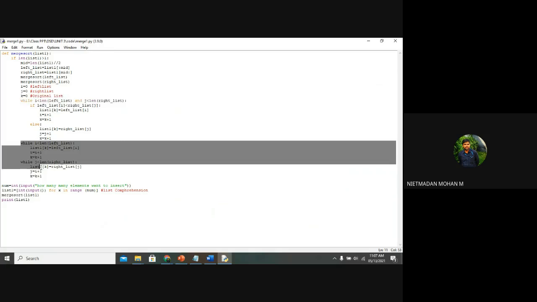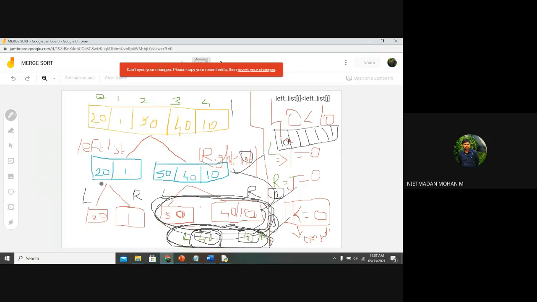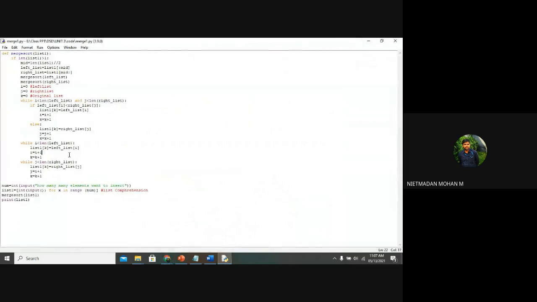Now these 2 statements you want to check, and go with this final statement, that is 20, 10, 50, 40 and 10, right? You want to check this statement. It means before arranging the elements in ascending order, you check whether any element has been left out or not. Okay, sir. You just find the list, floor division, then comparison, making it into single divisions, comparing and writing it into ascending or descending order.